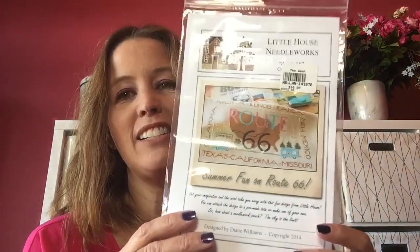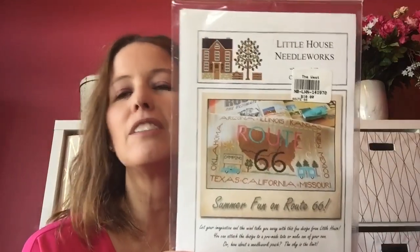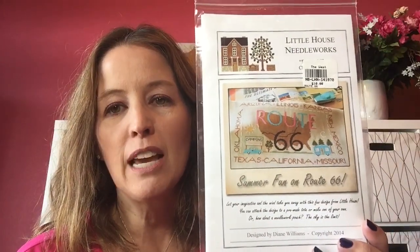My new project. I have a new project. This is Little House Needleworks, Route 66, or Route 66, depending on how you want to say it. Growing up, I always said route, but now route sounds more in line. I don't know. It's funny, I go back and forth. But I bought this at the West, which is a charity store in Tucson, Arizona, that benefits